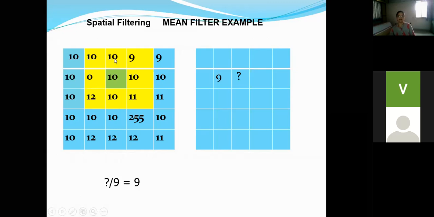So 10 plus 10, actually 1, 2, 3, 4, 5, 6, 7, 8. 8 times 10, so it is 80 plus 2, again 82 by 9. So you will get the same result. 82 by 9 is again 9.11, and the resultant value, once we round it to the nearest integer, becomes 9.